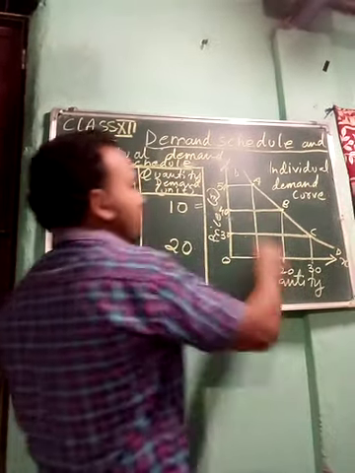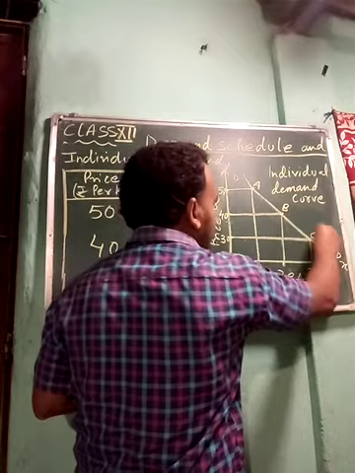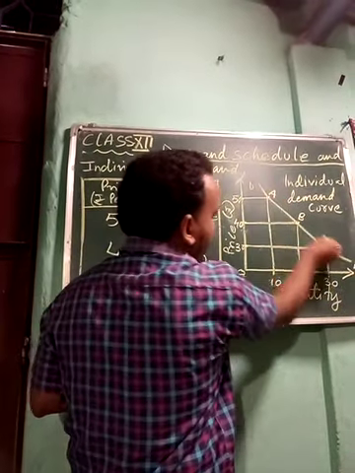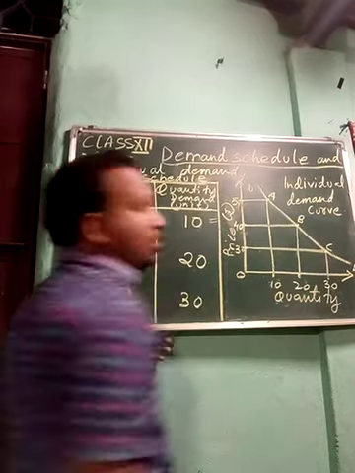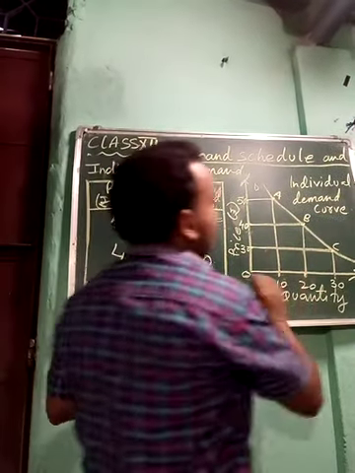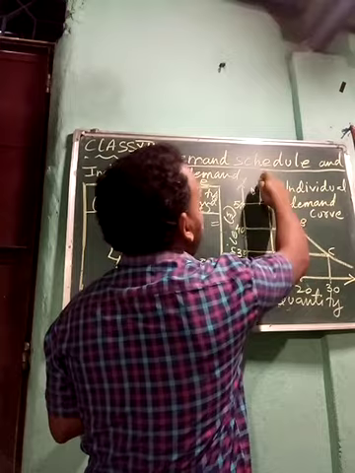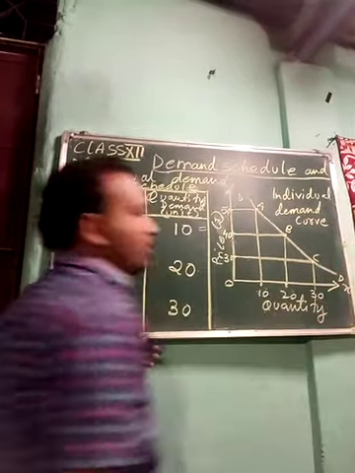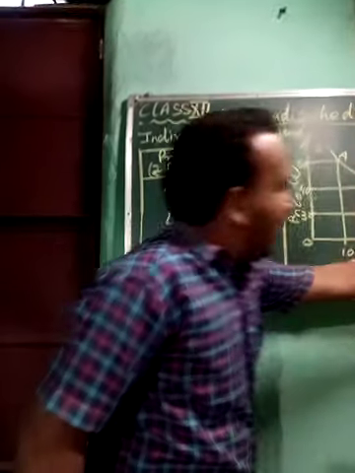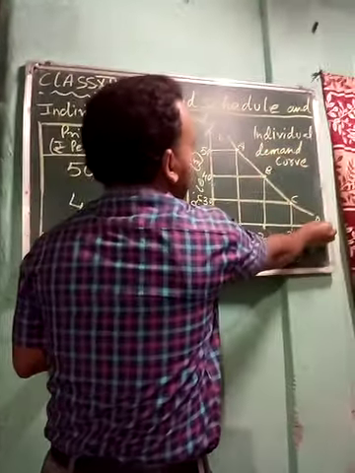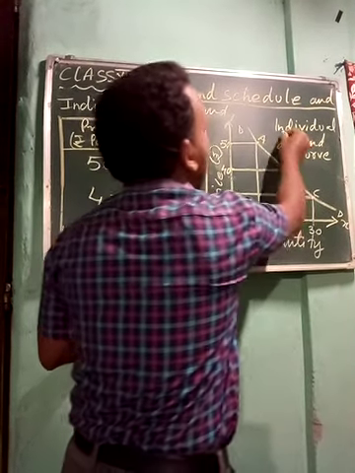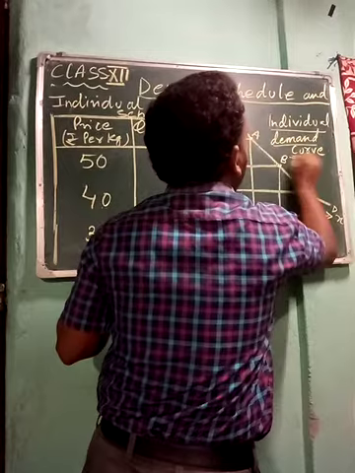After that, you just draw a curve with your free hand. Remember that you have to touch all the points and draw the curve. After making the curve, make sure it does not go beyond the y-axis, and does not come down below the x-axis. It is a demand curve, so you mention D, and name the points A, B and C, and you can write individual demand curve.